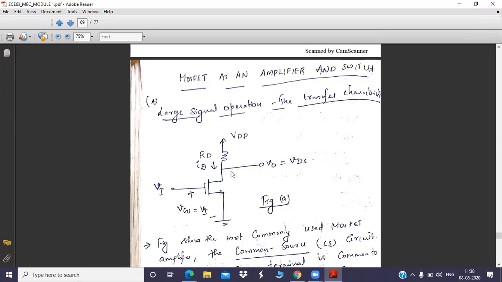But care should be taken with respect to the biasing circuit. If you take any amplifier circuit, you will always have some biasing circuits as well. Biasing should be such that the device operates in the saturation region, and the output should be an exact replica of the input, with the only exception being an increase in amplitude. So you should have a faithful reproduction of the signal you are giving at the gate terminal of the